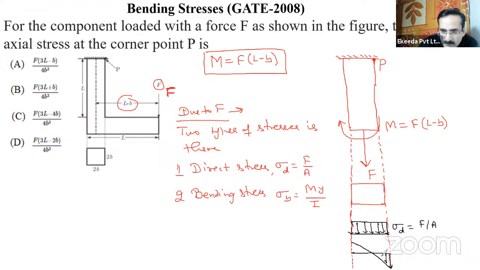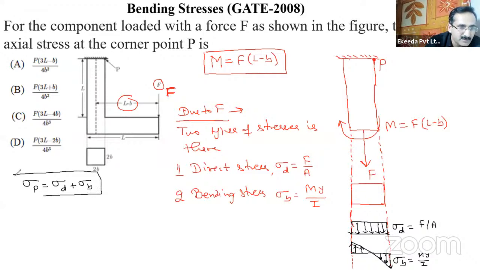So this is the stress condition. This is the tensile stress. This is bending stress, which is My by I. Right. So on one face, this is adding up. So at P point, this is adding, right? So stress at P point will be the sum of direct stress plus bending stress, because at P point, both